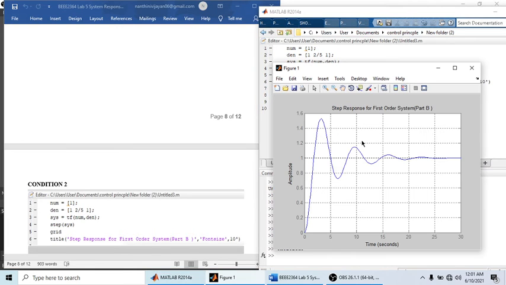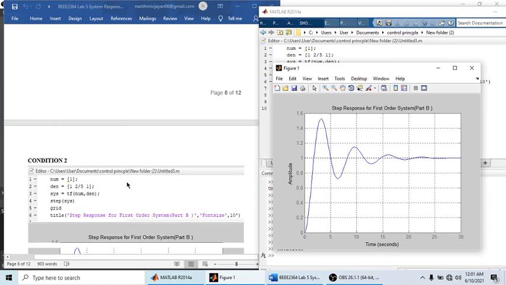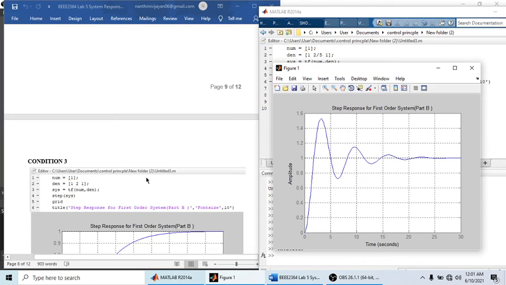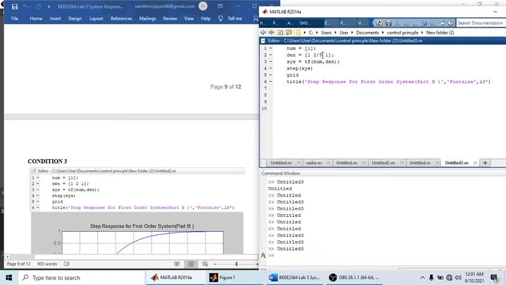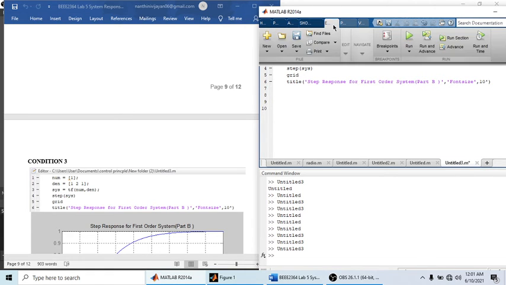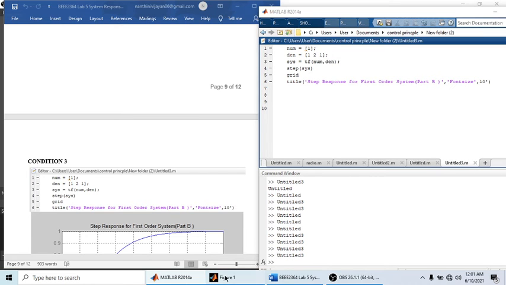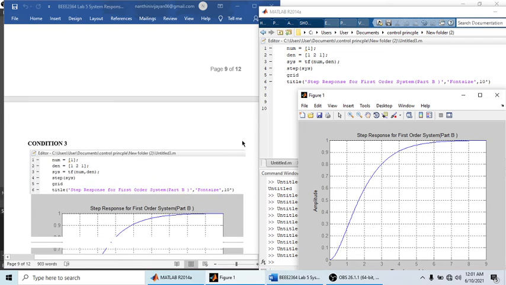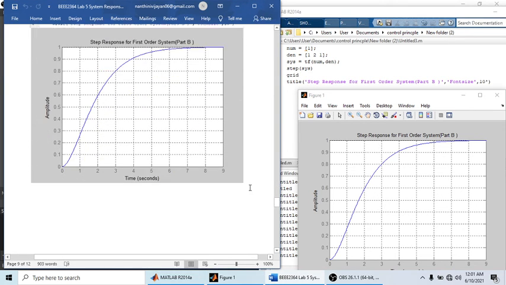So this is the output waveform for condition 2. Then condition 3, this is the waveform, the output of condition 3.